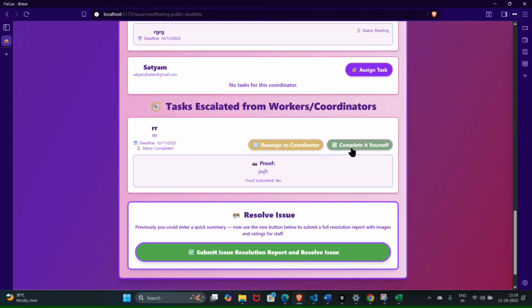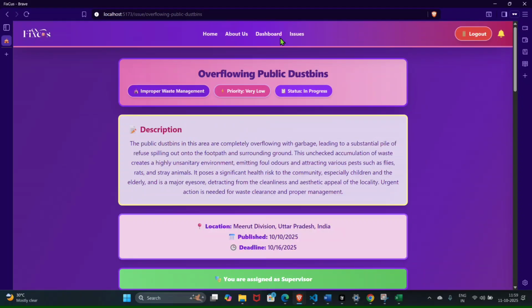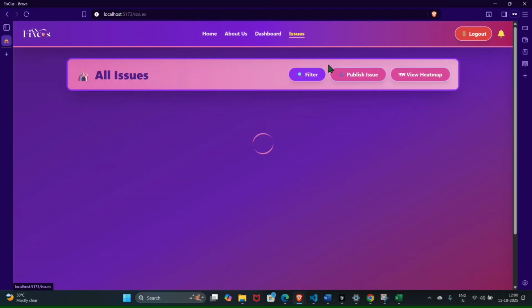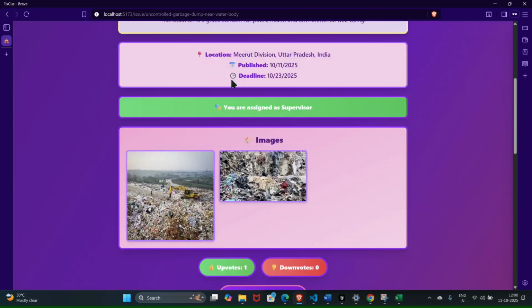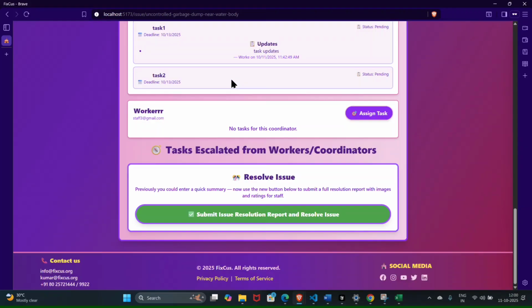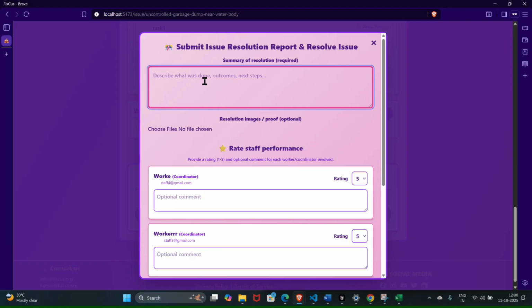As it has already been marked completed, as shown on the dashboard, you can see the buttons are disabled. Now, let's go back to the issue that we had created. Okay, yeah, so this is the issue. Once all the tasks have been completed, the supervisor has to submit an issue registration form in which he